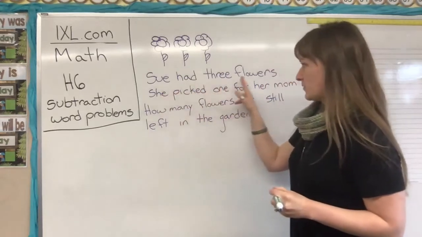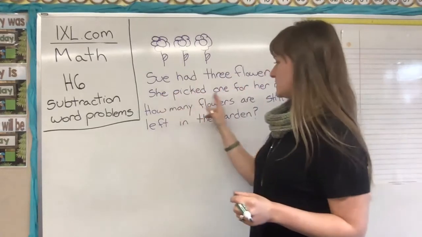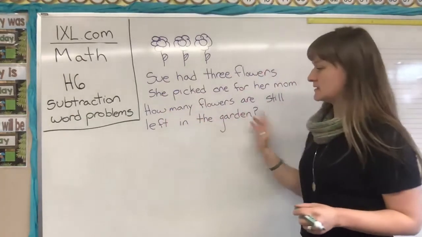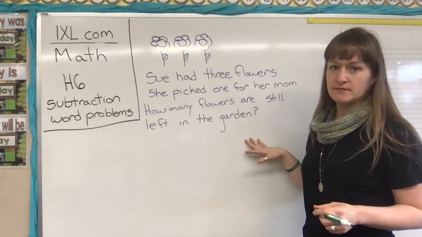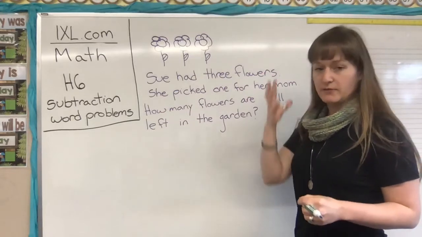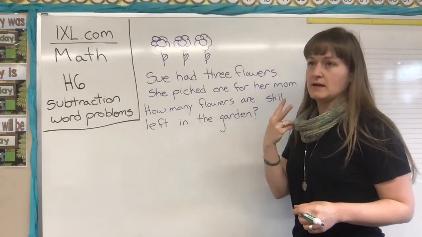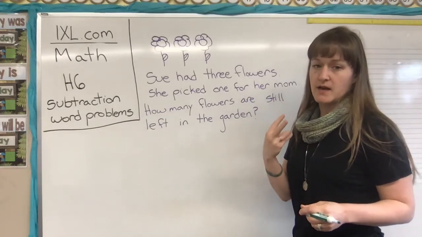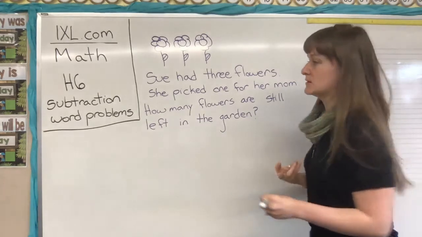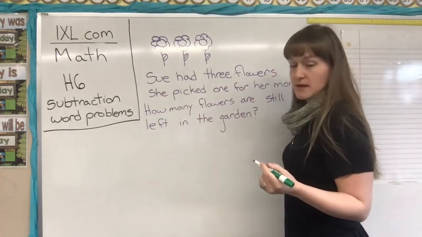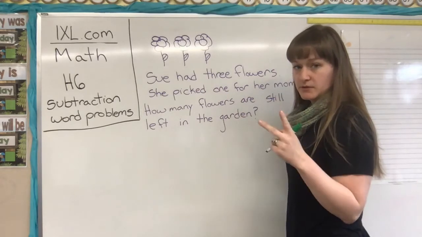Sue had 3 flowers. She picked one for her mom. How many flowers are still left in the garden? First thing, I read the problem. Second thing, I go through and I circle or underline the number words. So I read the problem. Now I'm going to go back through again, 1, to make sure I understand it, and 2, to find the